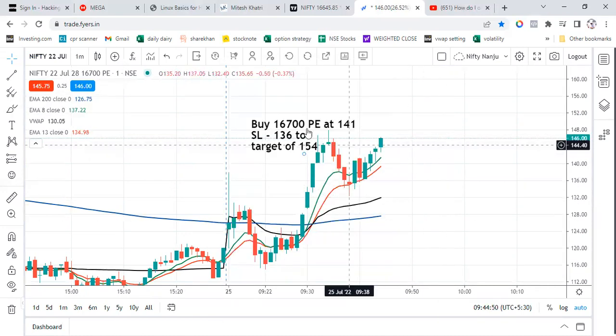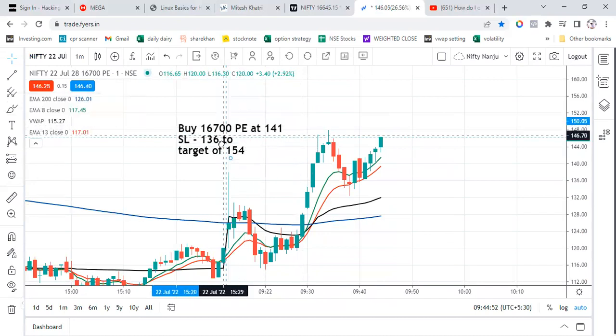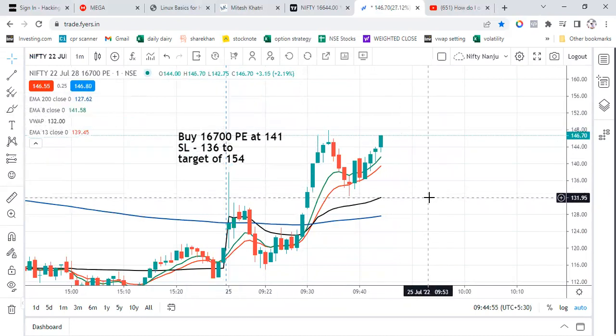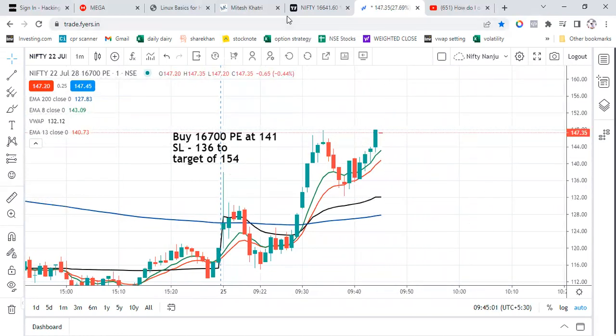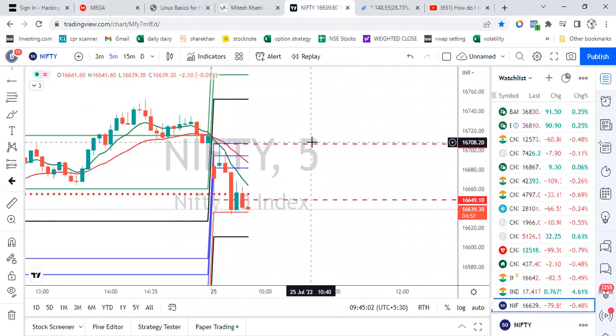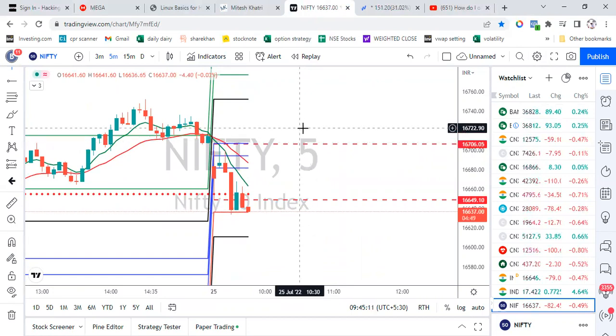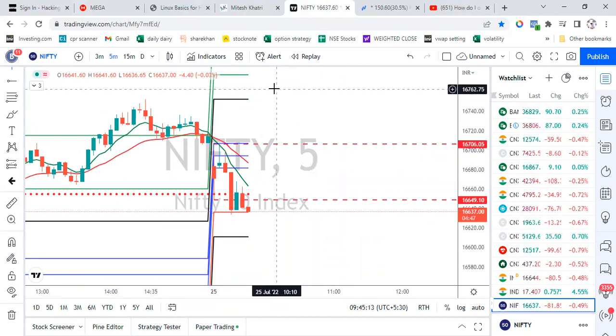Let's see. Still, I have not bought anything. My trade will initiate only at 141. I'm expecting a small bounce back from this point, from 16,636.37. Let's see where that will hit. If this candle closes below this 16,637, then we have to change our